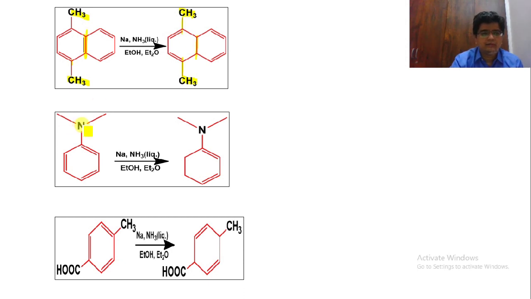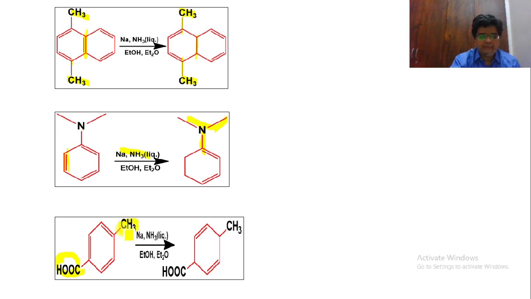So now let us take one more example, that is N,N-dimethylaniline. When this N,N-dimethylaniline undergoes Na/NH3 in the presence of ethanol, this double bond will be broken down. Here again we have an electron donating group that is attached to the sp2 carbon. Now what happens if we have an electron donating group and a withdrawing group? This is the electron withdrawing group and this is the electron donating group.